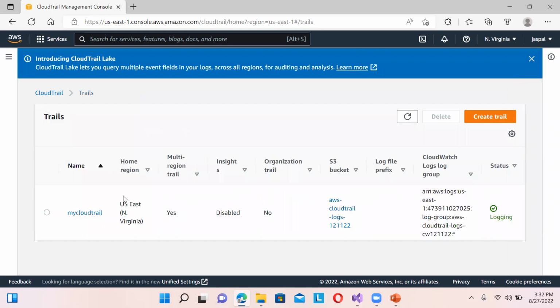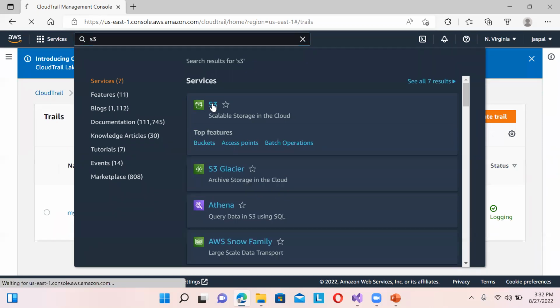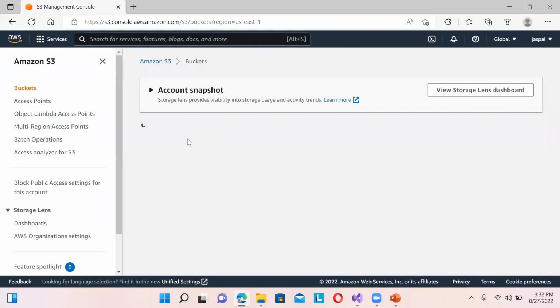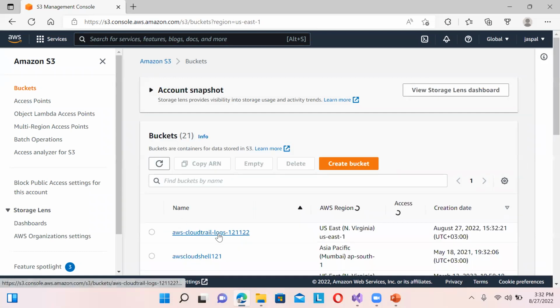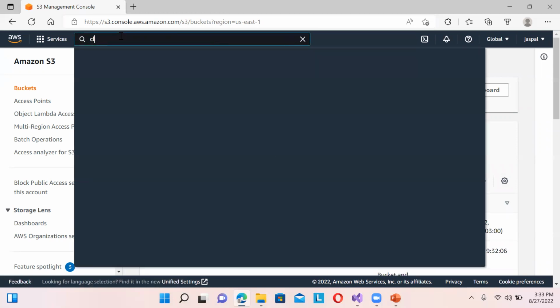Okay. Now a trail has been created. You can see my CloudTrail. It has started logging. Now if you check your S3 bucket, you can see over here, it has created a bucket. You can see AWS CloudTrail logs 121, 122. And if I go to the CloudWatch,